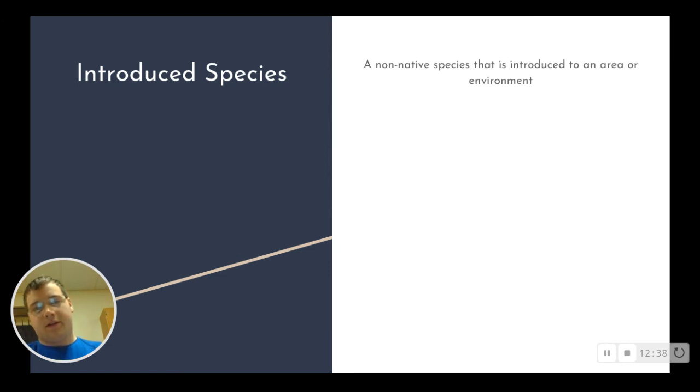Next up is introduced species. These are non-native species that are introduced to an area or an environment. Many of these are introduced when there is something going on and people want to get rid of it. Like we watched a movie earlier this year where something was affecting these crops, and so they introduced a species to try to get rid of it, and that species ended up growing on its own. But these are species that are introduced to an environment for a specific reason by people,